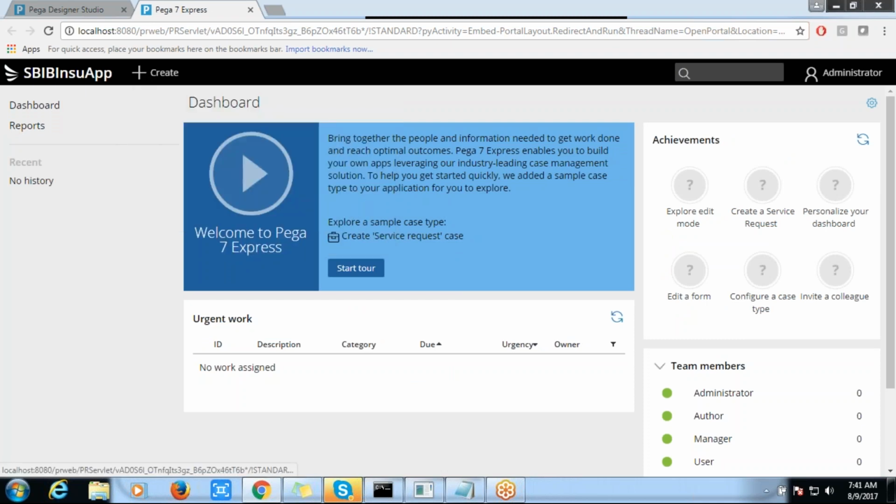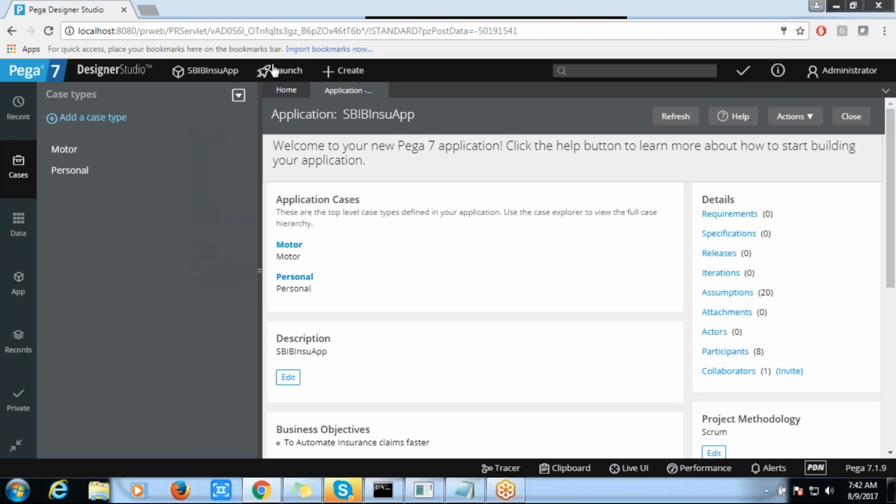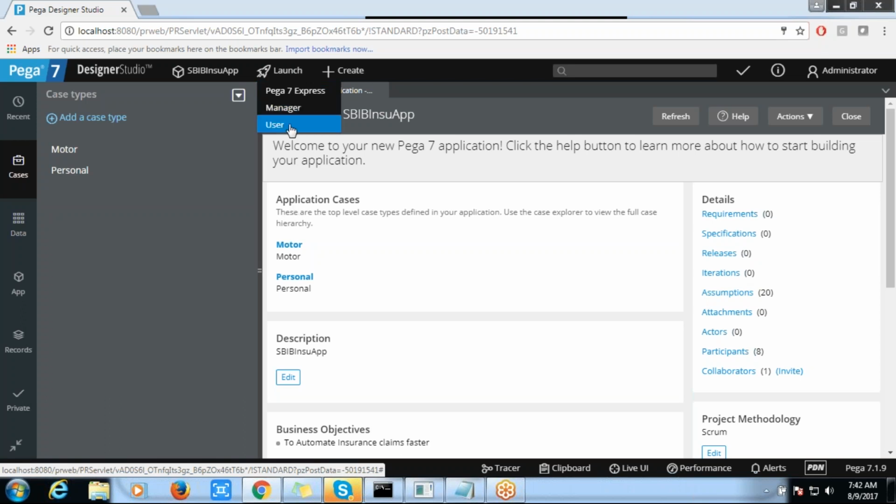If you want to develop something, POCs or things related to our application, you can log in here. As long as the logged in user has access to those portals, they can see the number of portals here, and if they want to launch a different portal, they can launch it.